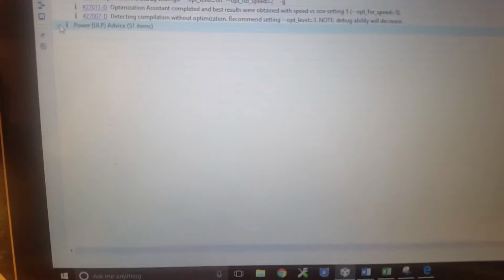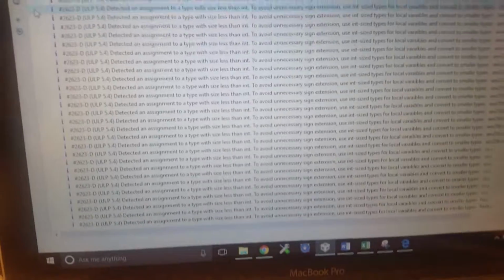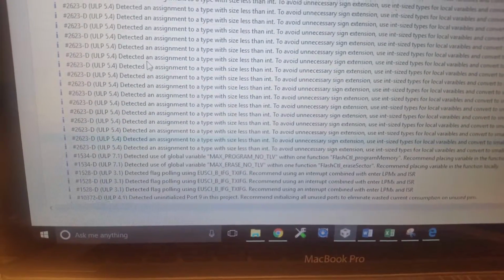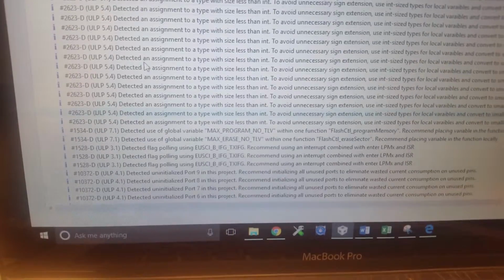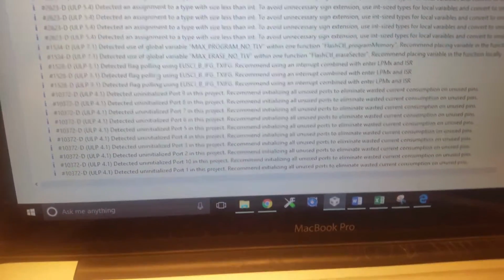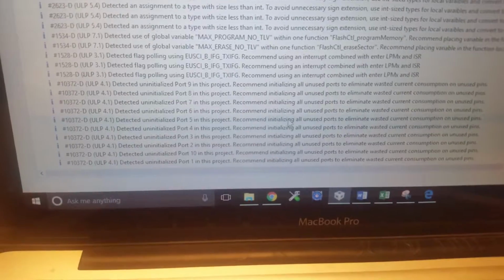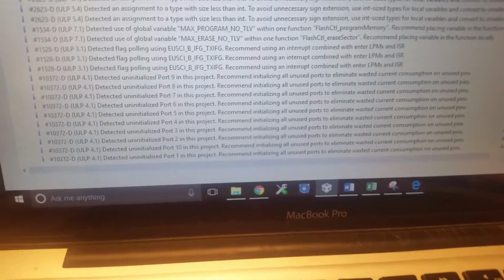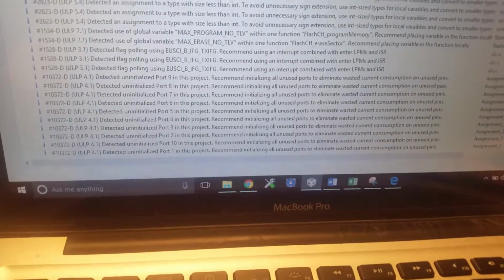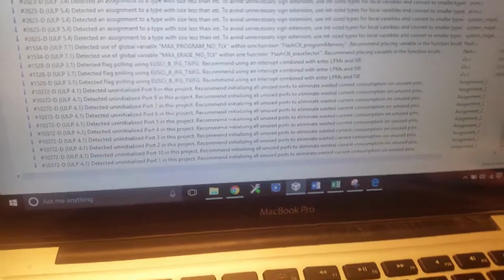Okay, here's the optimization advice that it gave. I set it to 2. It says the best is 5, but I wanted a trade-off, an equal trade-off. Next is the power, but these I'm ignoring, and these, however, that uninitialized ports are an error because I actually implemented it in the code,